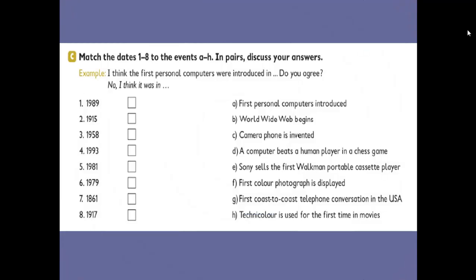Match the data from 1 to 8 to the events from A to H in pairs and discuss your answers. Example: I think the first personal computers were introduced in so and so. Do you agree? No, I think it was in so and so. Now the first column on the left we have 1989, 1915,